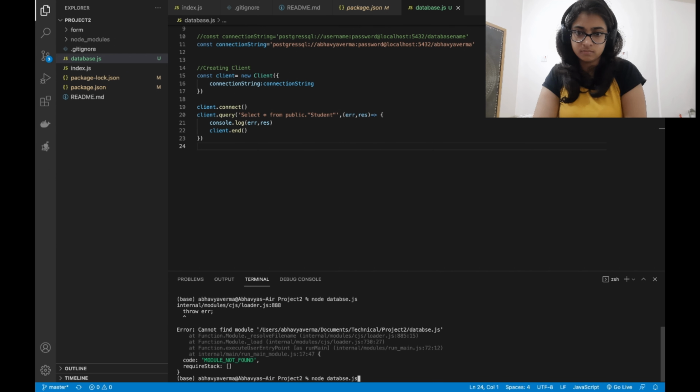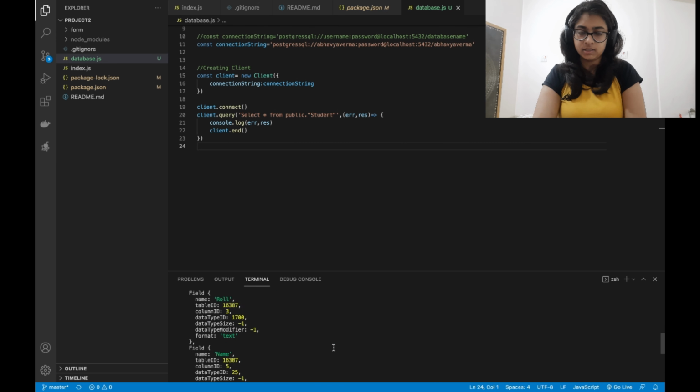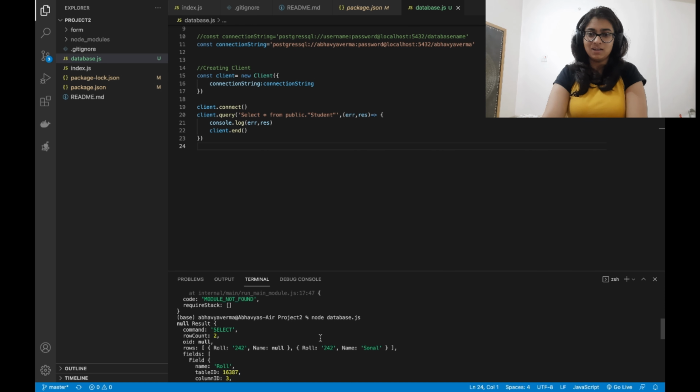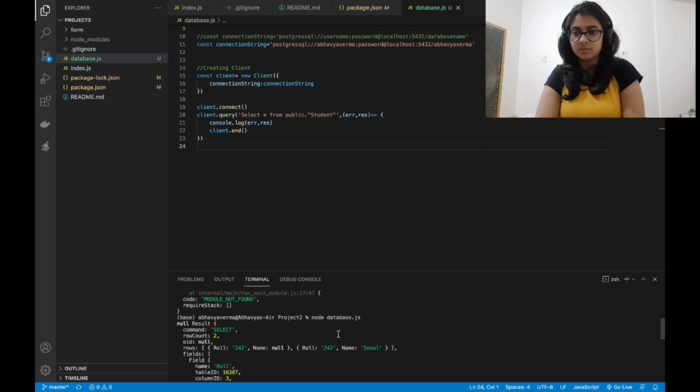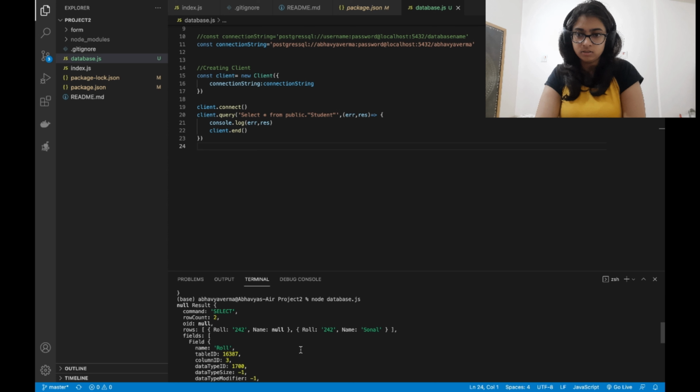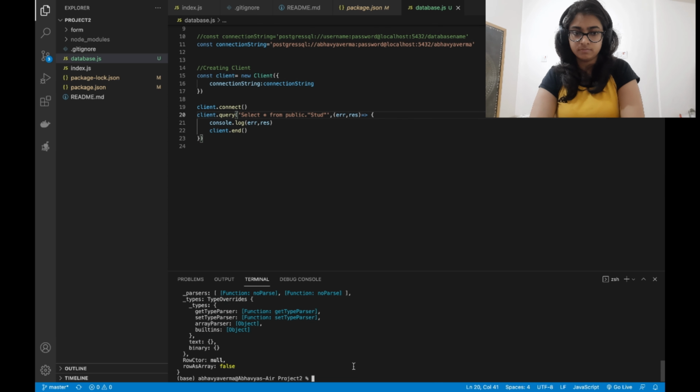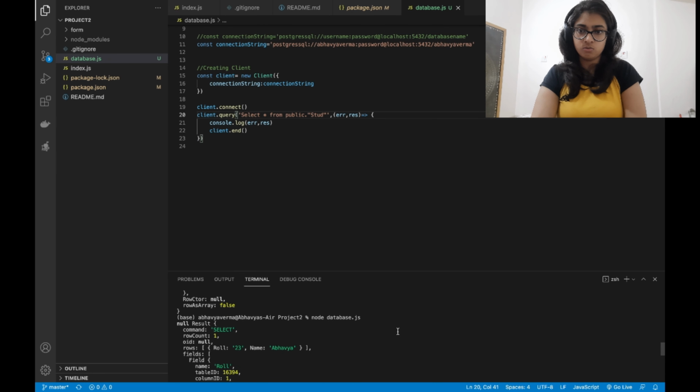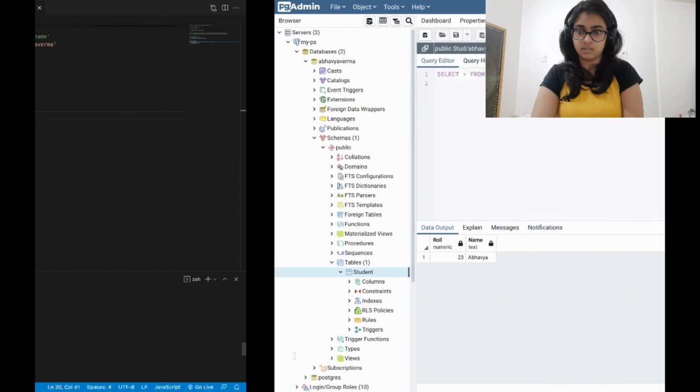So it gave out the correct output. I gave the wrong file name. So you can see the values here, 242, and these two values that I entered, and the table I made in front of you was created. So let us try getting that data also. Only one value was present, roll number and Abhavya, you can see here.